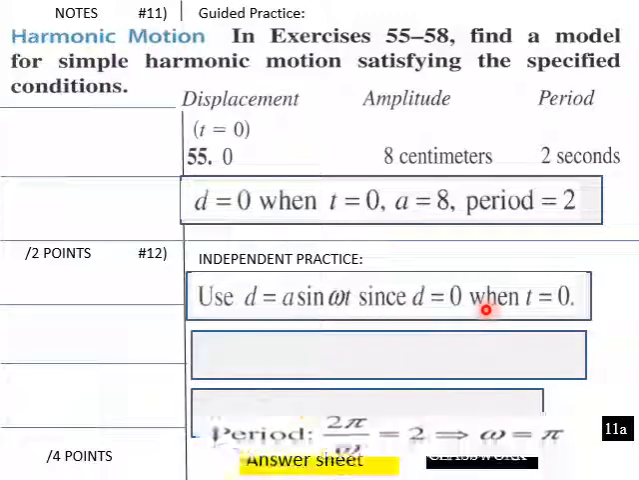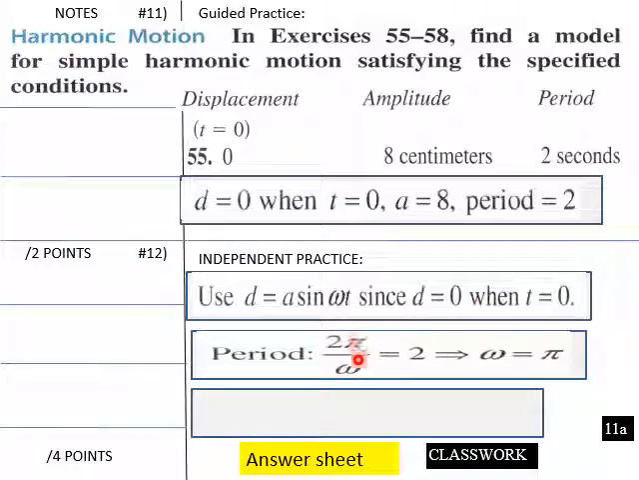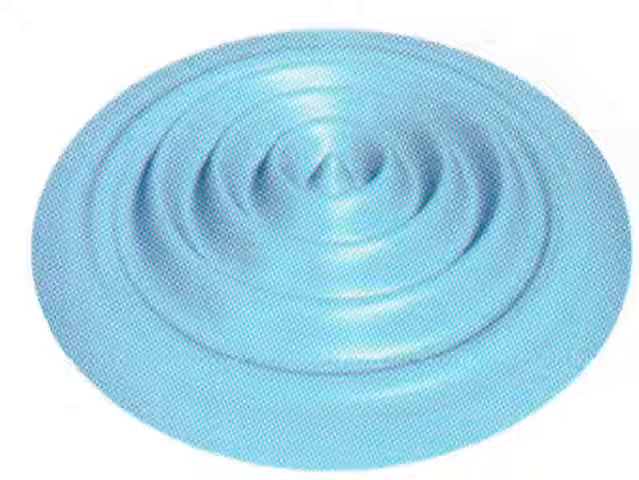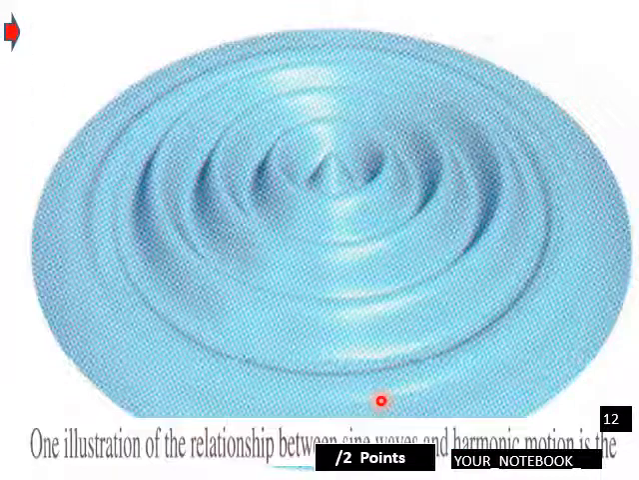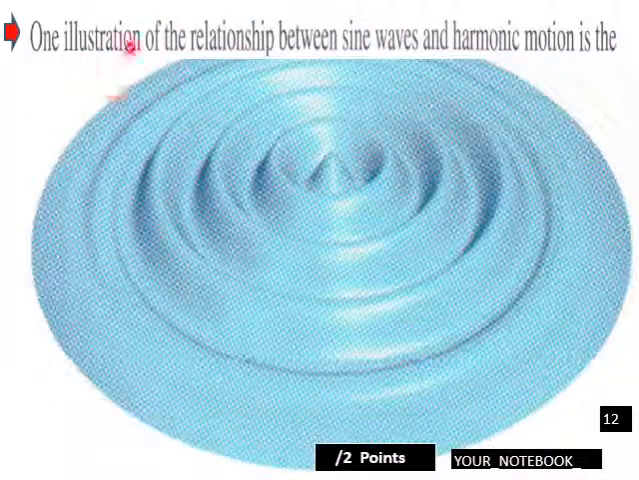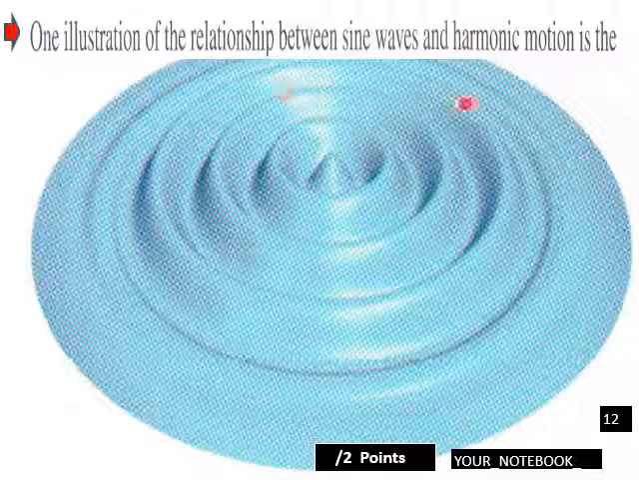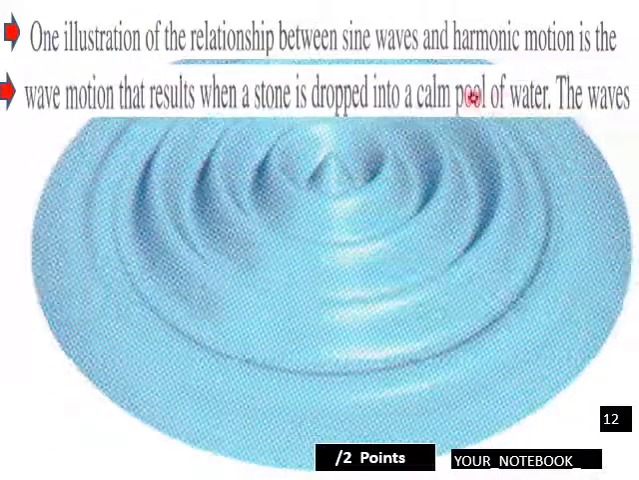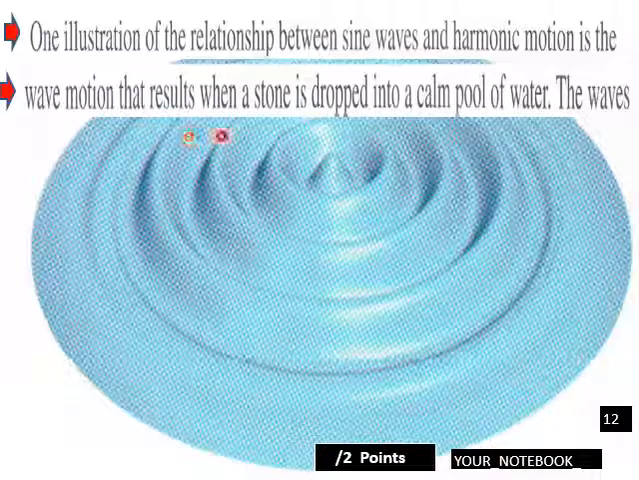Since d equals 0 when t equals 0, the period equals 2 pi over w, which equals 2. Therefore, w would equal pi in this case. Thus d equals 8 sine pi t would be the formula for that harmonic motion. One illustration of the relationship between sine waves and harmonic motion is wave motion that results when